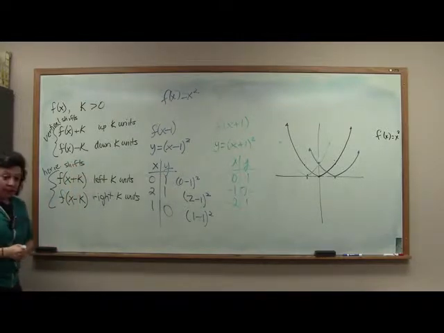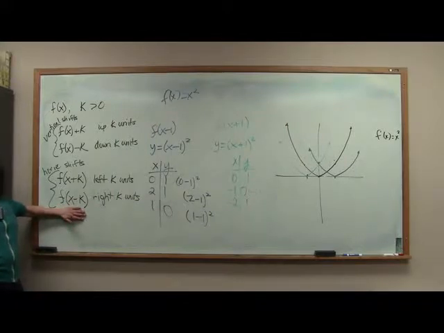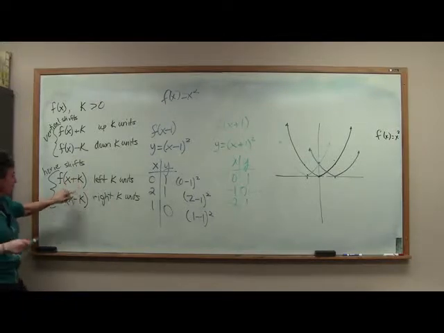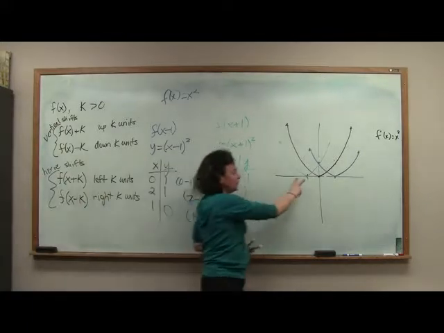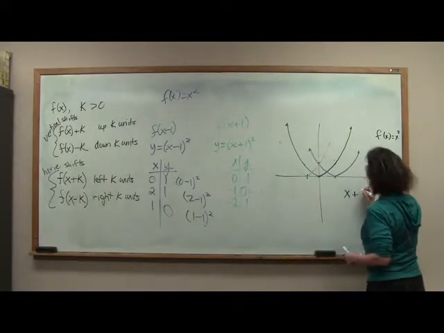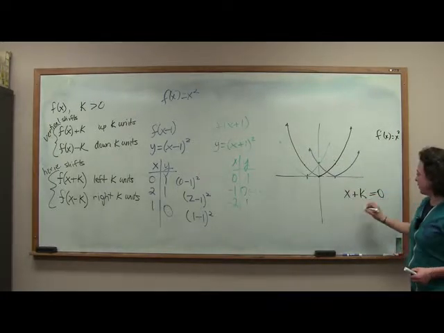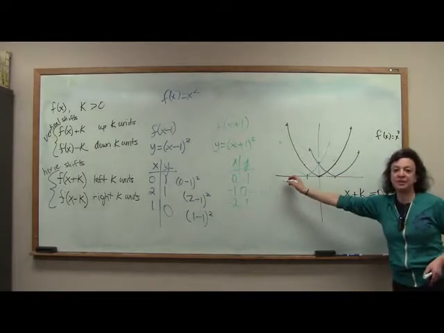Okay? Now, the thing that I want to point out is I understand for a lot of people it seems counterintuitive that, oh my gosh, well, we're adding to x. Wouldn't we move to the right when we add? But think about it this way, okay? If you're adding and you want to know where you hit an intercept, in other words, where it's equal to 0, that's when x is negative k, which tells you move it to